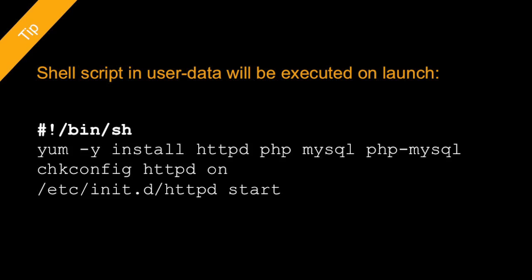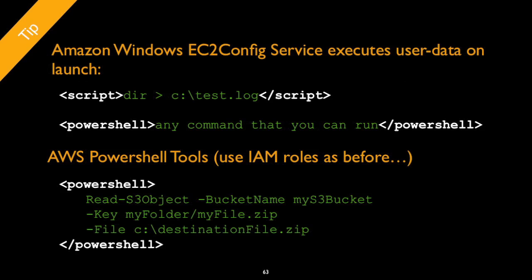So it would enable this as a web server that could run PHP and that could talk to a MySQL database. It would turn Apache on, and it would ensure that it was set as a service, so it was always running at launch. So as this instance comes up, it will install this software and be running a web server automatically. On Windows, it's something called EC2 config service that's running on our distributions that does a similar job